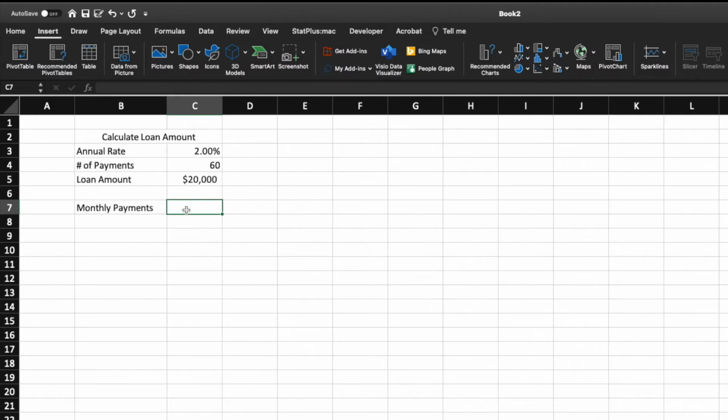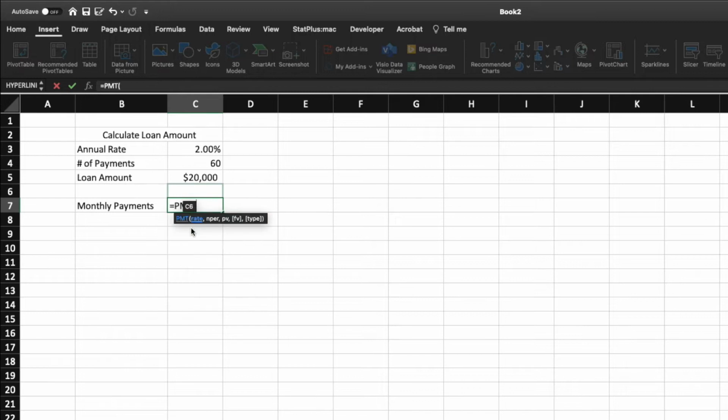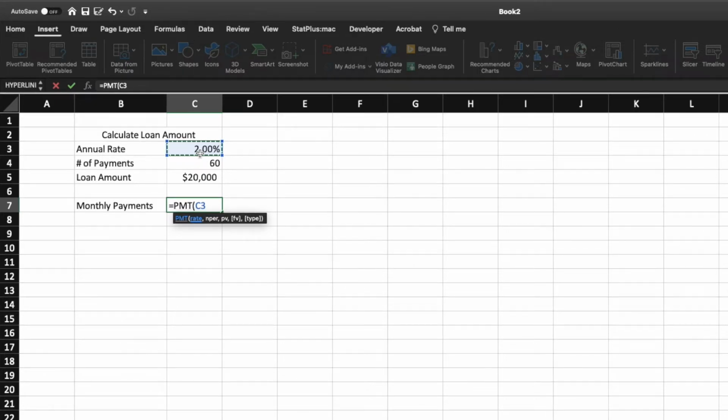Come in here into this field. We always start the formula off with an equals sign. You type in PMT, then you can go ahead and pull up your first parameter. It asks for the rate. That's going to be the 2%, so we will select that. Now the trick to this is that you don't want the annual rate. We want the number of periods in a year, which is 12, so we have to